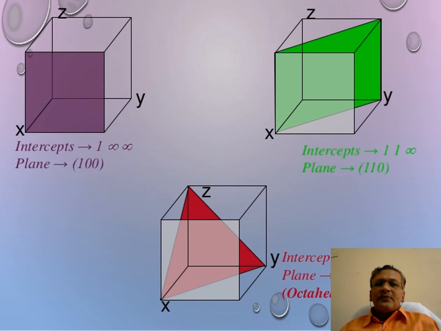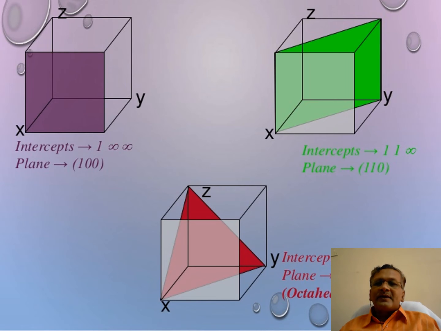Now we will see a few numerical problems on how to write the intercepts. First, take the pink color. Its intercept along the x-axis is 1. It does not have an intercept along the y-axis, therefore it is parallel, and we write it as infinite. The z-axis also has no intercept, so we take it as infinite. Reciprocate: 1 by 1, 1 by infinity, 1 by infinity. 1 by infinity is 0, therefore (1 0 0) is the Miller indices for the pink color